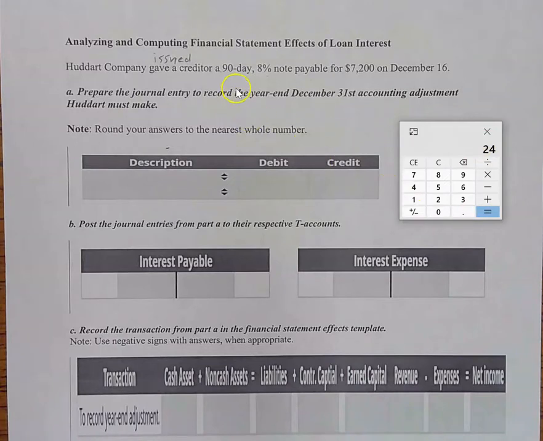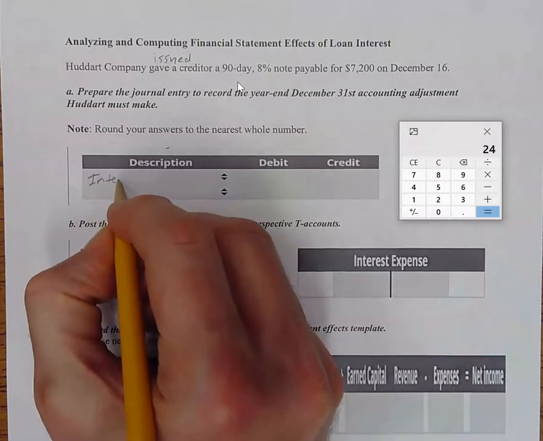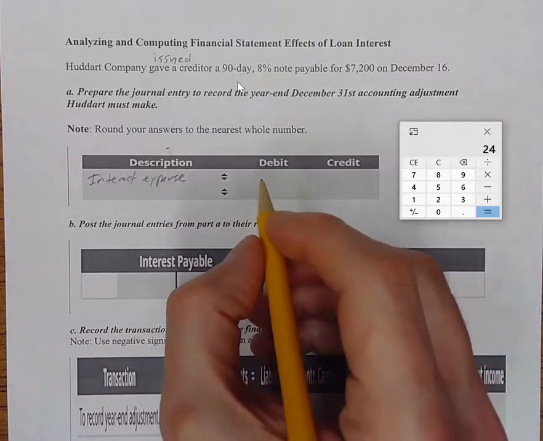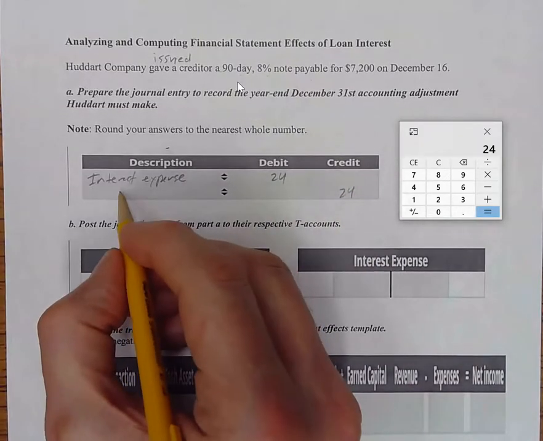All right, so if this had just been 90 days somewhere in the middle of the year, it would have been 90 over 360. But this is a loan that we got towards the end of the year. We haven't paid any interest yet. It's not due until the end of 90 days. But we can record interest expense and accrue a liability as of the end of the year for $24. So we are going to have interest expense over on the income statement for $24. We're also going to have a credit for the liability amount,